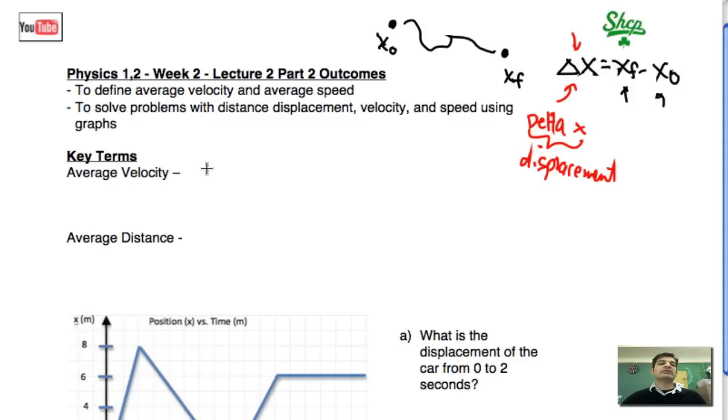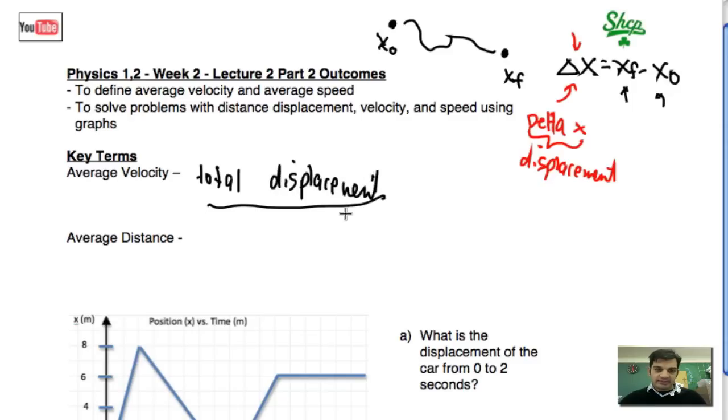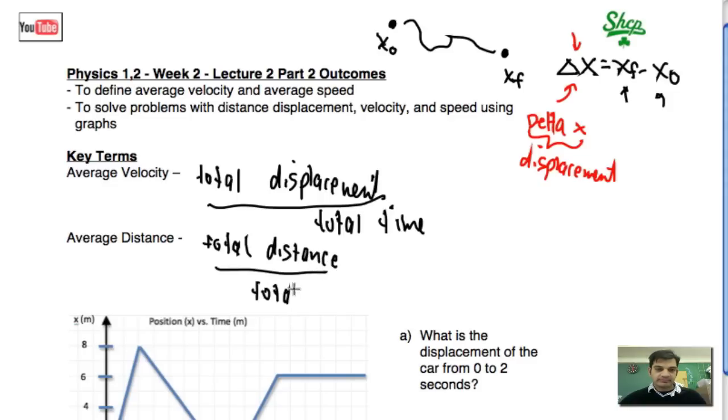So what we're going to talk about is this thing called average velocity. Let's define it this way. It is your total displacement divided by your total time. And your average speed is going to be your total distance over your total time. I just want to put this out here right now: this real definition that we see